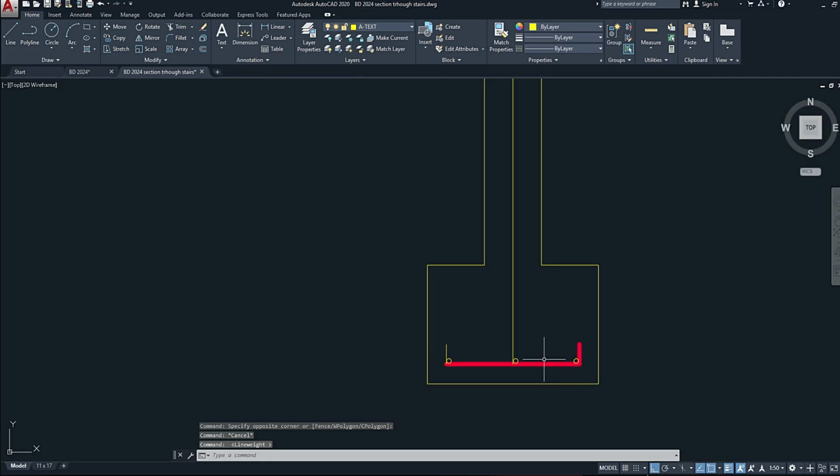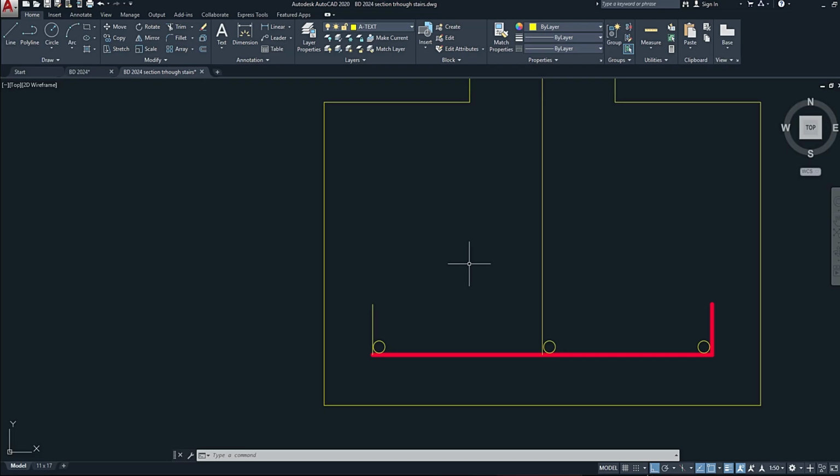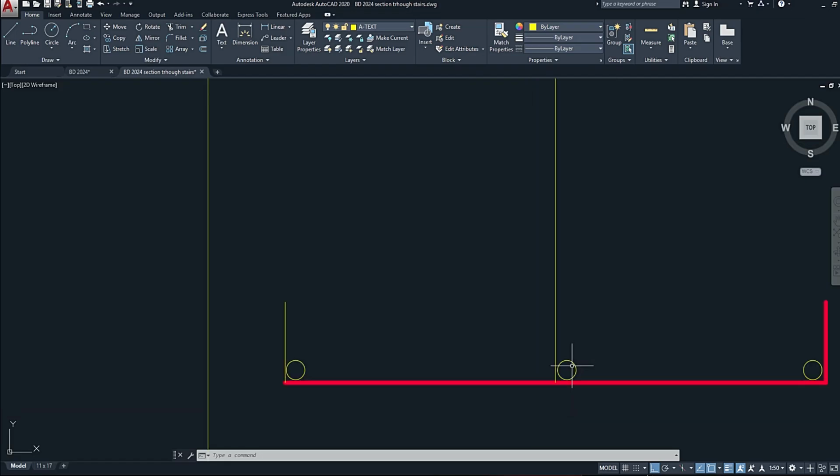So when this is printed, we're not going to have any issues with only seeing a thin line. All right, so in this case, it's okay. If not, then you'll have to offset the lines to get the thickness. All right, but this is the strategy that I'm going to be using. Now for these round steel that I've just drawn the circles for, I'm going to do the same. So let me utilize the match properties command, MA, enter,